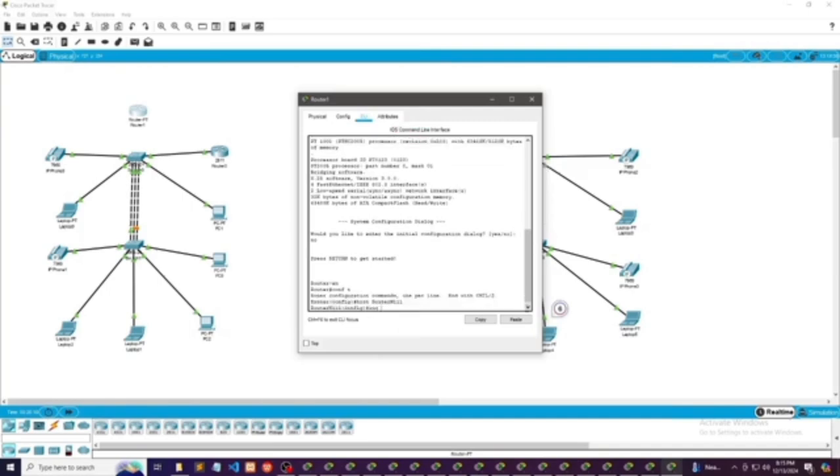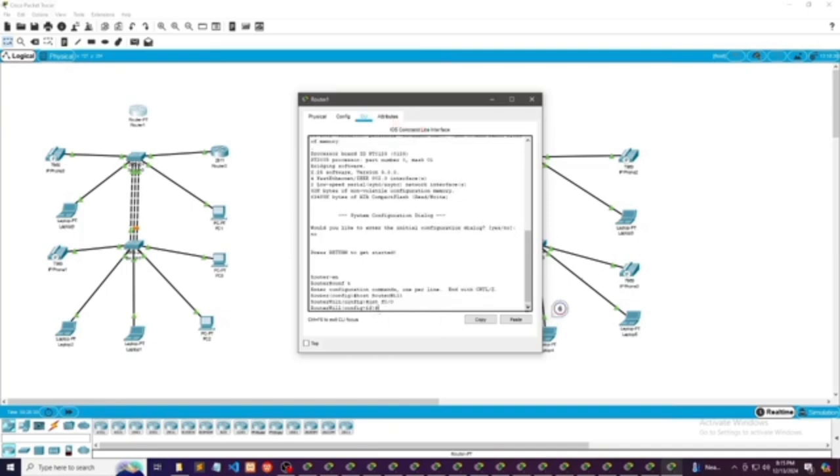Then the IP address, type ip address, here we're going to use 192.168.1.1. Okay. Then space, 255.255.255. It's actually tulo siya, 255. And then lastly, 0.